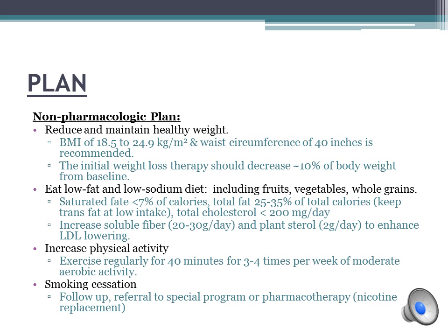The non-pharmacologic plan is to reduce and maintain a healthy weight. BMI of 18.5 to 24.9 kilograms per meter squared and waist circumference of 40 inches is recommended. The initial weight loss therapy should decrease 10% of body weight from baseline. Eating a low-fat and low-sodium diet, including fruits, vegetables, and whole grains. Saturated fat less than 7% of calories, total fat 25 to 35% of total calories, total cholesterol less than 200 milligrams per day, increased soluble fiber 20 to 30 grams per day, and plant sterol 2 grams per day to